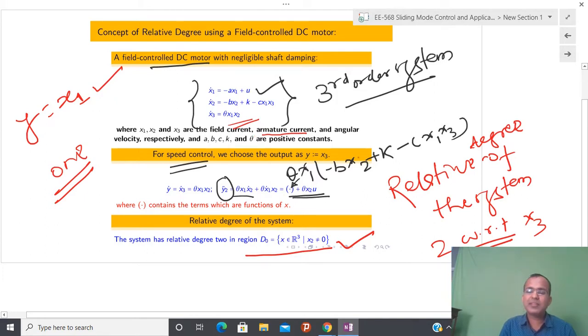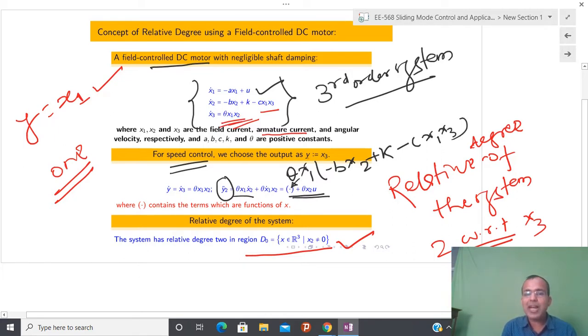Can you just repeat this last point? What I am telling is that initially, whenever you see the mathematical model of this system, it is difficult to design this control U. Why? Because this system is non-linear. Why am I telling this system is non-linear? You can see that here multiplication of x1 and x3 is there, and x1, x2, x3 are the states of the system. Similarly, here I have multiplication of x1 and x2. Due to that reason, this is a highly non-linear system.